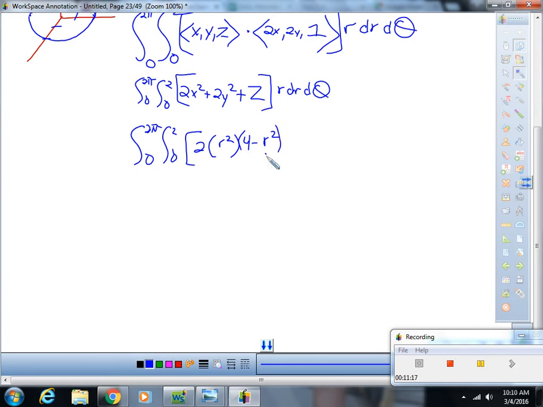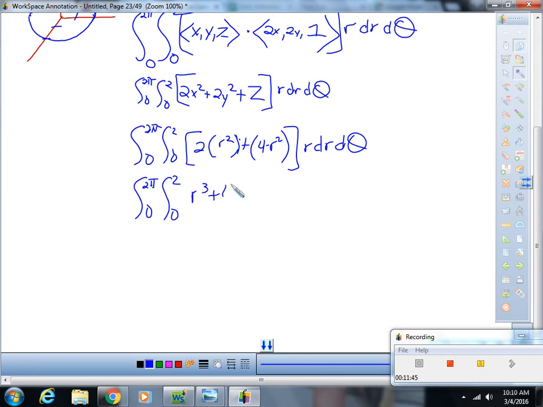I don't think there should be a plus. Oh, yes, there should be. Yes, yes. Plus. And then this whole thing times r dr d theta. Okay? What do you get on the inside of that bracket? You get 4 plus r squared, or r squared plus 4. So when you multiply that by r, you're going to get r cubed plus 4r dr d theta,